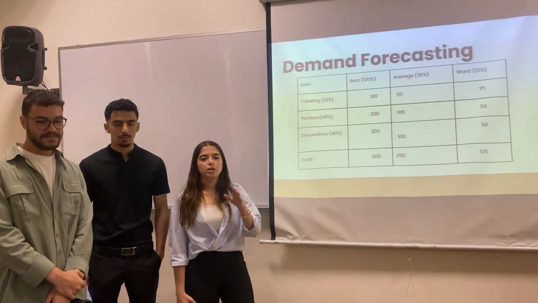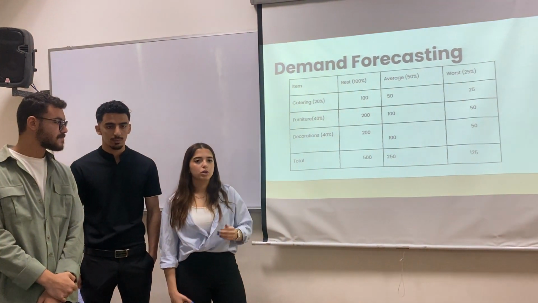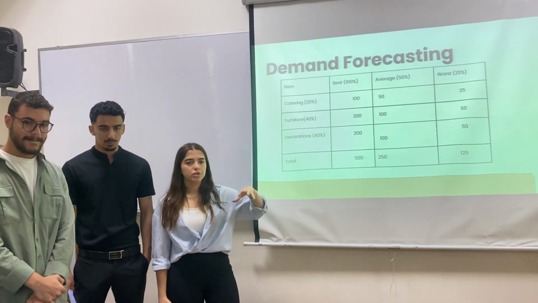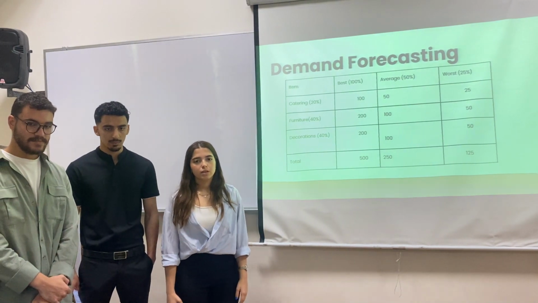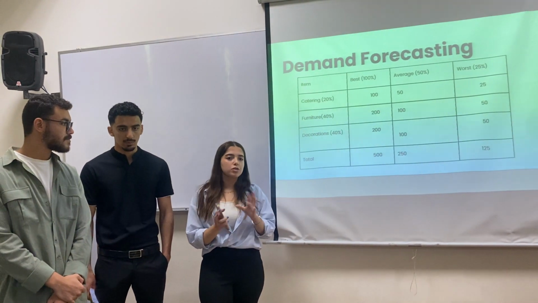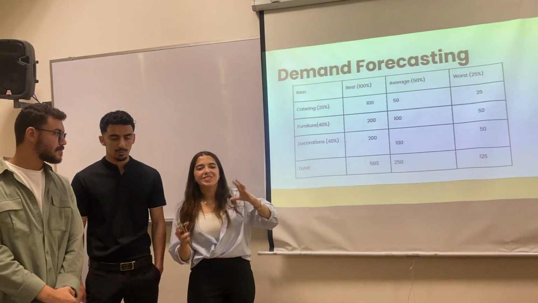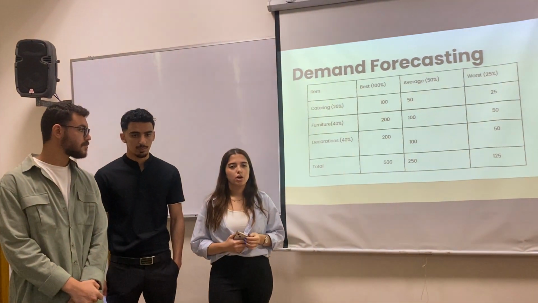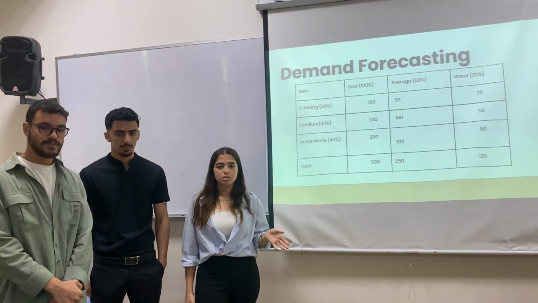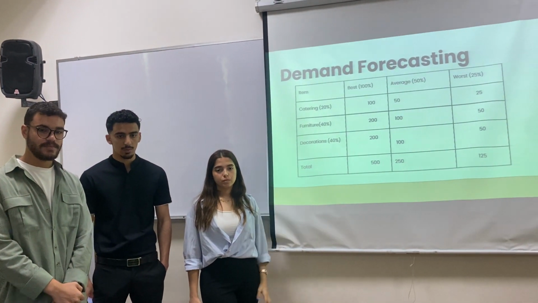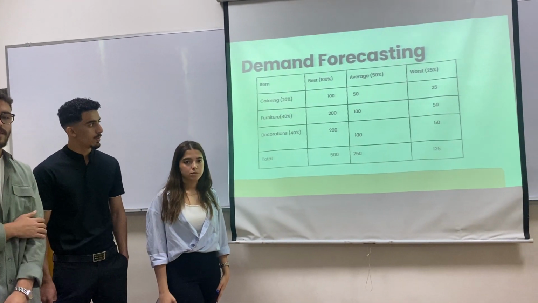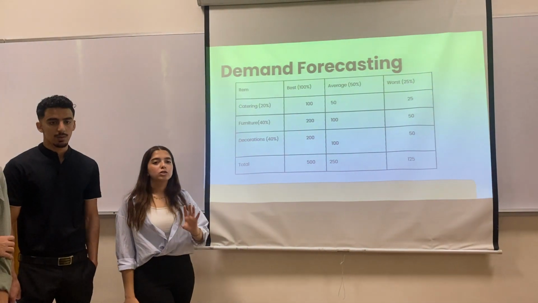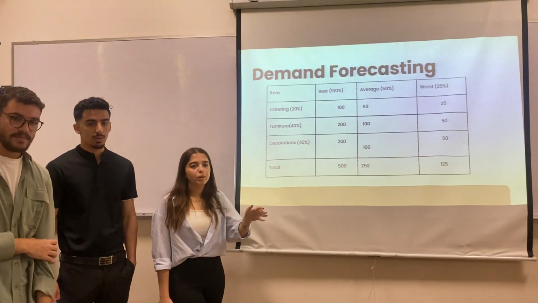Yes, but we didn't want to overestimate because there are different seasons in the year where there are more events than the rest of the year. Some times of the year have fewer events than usual. So, for example, in the holidays there are more events. I agree with you. So you can make the best case scenario 1,000, the average scenario 500, and the worst scenario 250. But yes, we didn't want to overestimate it, so we can also manage it well.